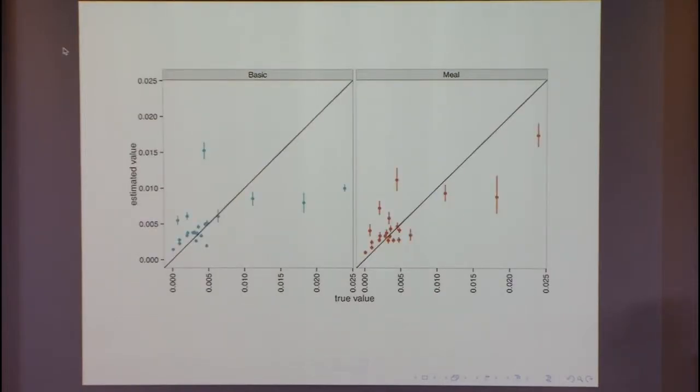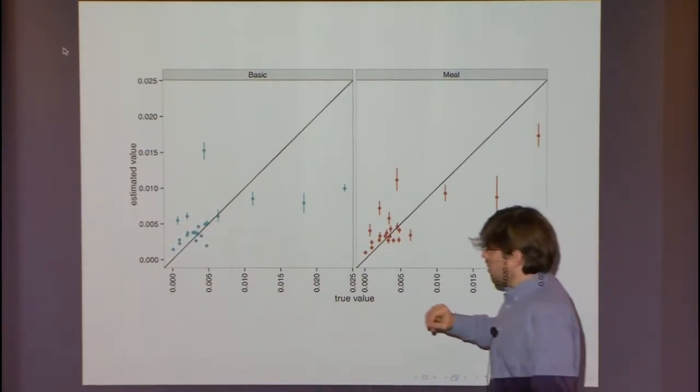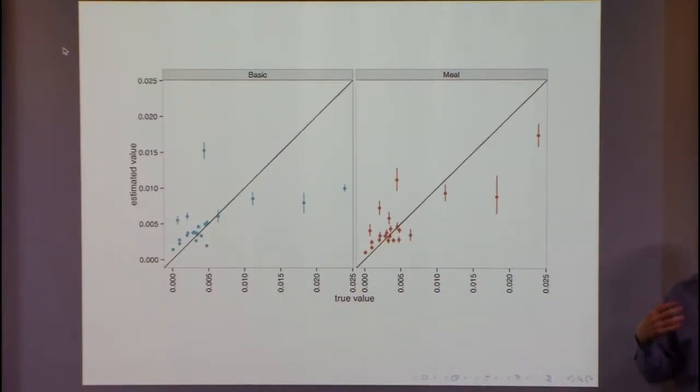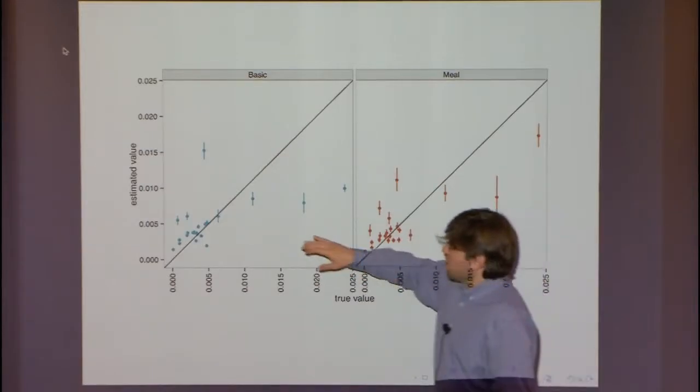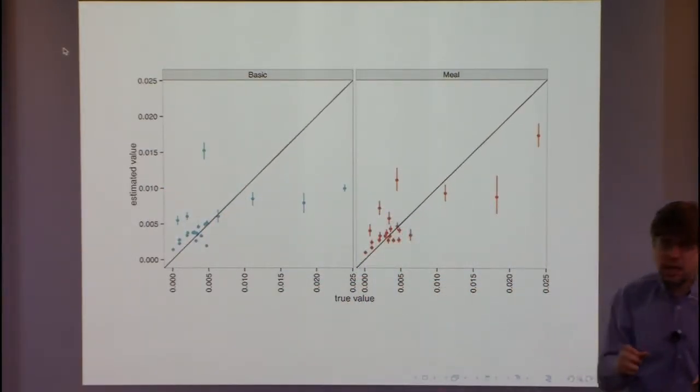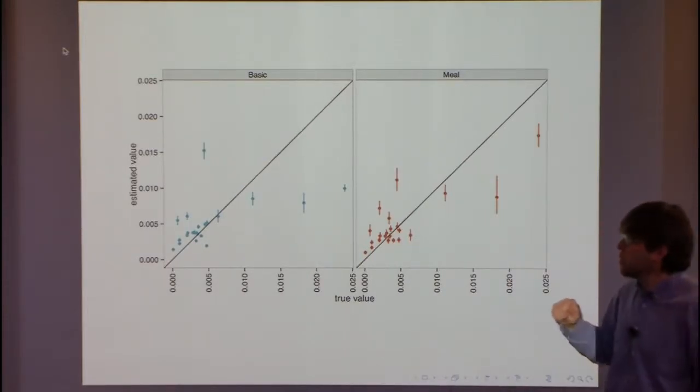So next, what we can do, and this is really what allows us to make some progress, is that we can pretend we don't know the size of a group and then try to estimate it using all the information from all the other groups. So here on the x-axis is the true size, and this, of course, only works for the groups where we know the true size. And then here's the estimated size in the setting where we pretend we don't know it and try to use the other groups.